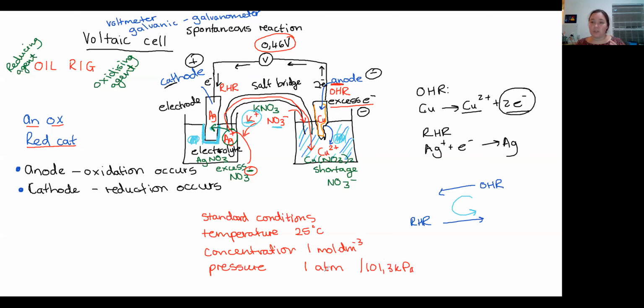What I'm going to ask you all to do, just to brush over before I see you again on Thursday, is I want you to try to commit to memory. Oil rig, oxidation is loss of electrons, reduction is gain of electrons. The fact that the reducing agent is oxidized and the oxidizing agent is reduced, and the fact that oxidation occurs at the anode and reduction occurs at the cathode. All right, if you are able to do all of those things, then you're in a very good